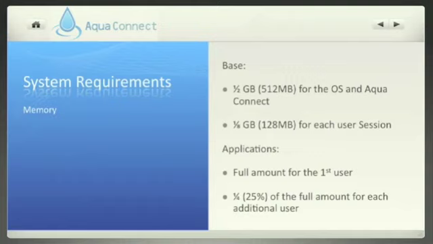You can get away with 64 megs of RAM if you're going to do something very simple, such as the Safari, calculator, TextEdit type situation. So 64 megs of RAM is the minimum. We try to shy away from that, from the simple fact that we'd like you to throw more memory at the problem if possible. Applications, the first user to run an application will take up the entire amount of memory